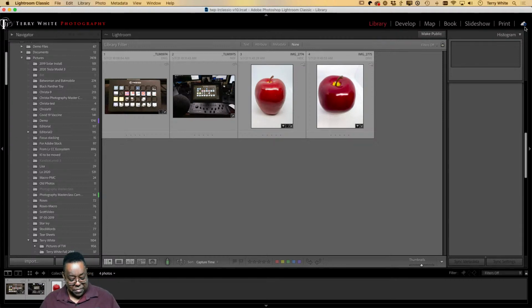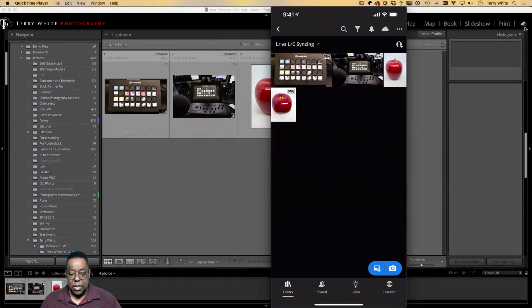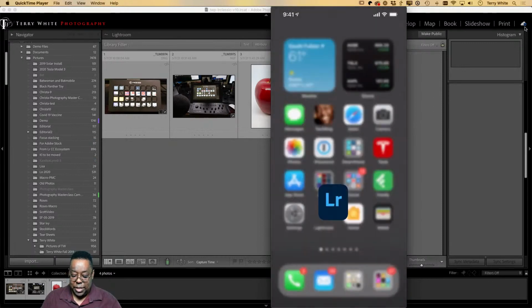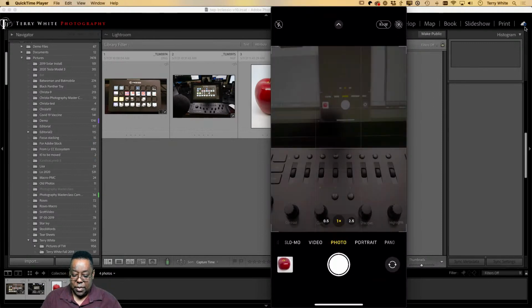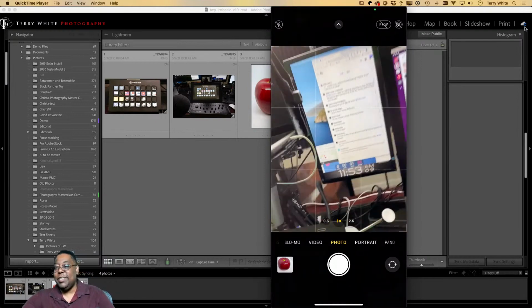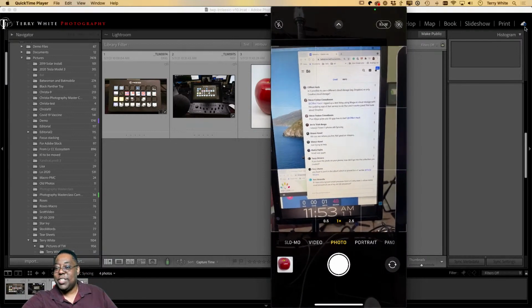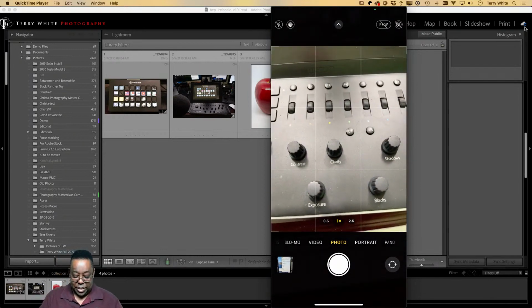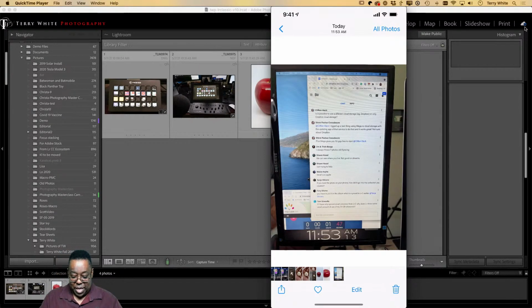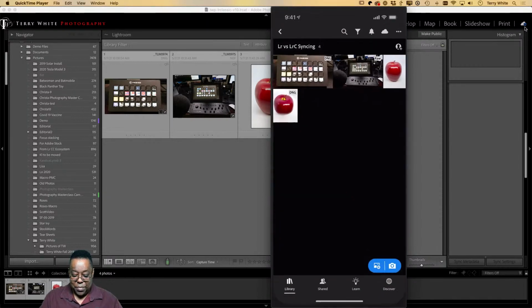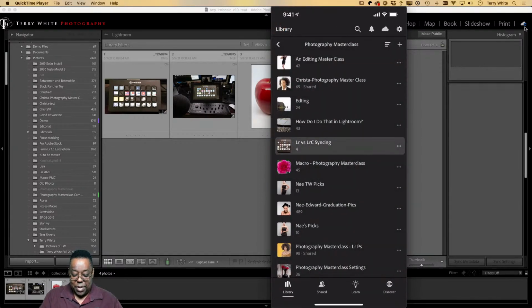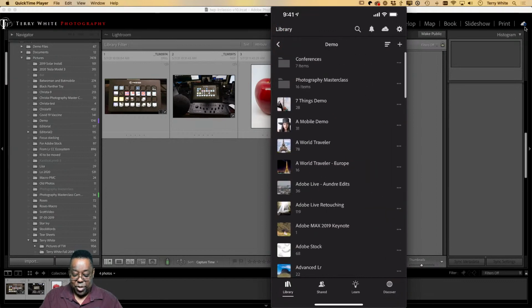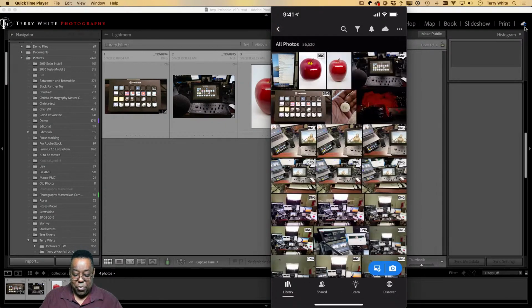Let's go back to the phone. Remember when I was in the camera, and I'll take a picture of the chat. Let's do that. We'll take a picture of the chat so Tanya sees herself. All right, and then because I took that picture of the chat and it's on my camera roll, I went into Lightroom, and I've got Lightroom's preference set on my phone to import all new photos. So there's the new photo.